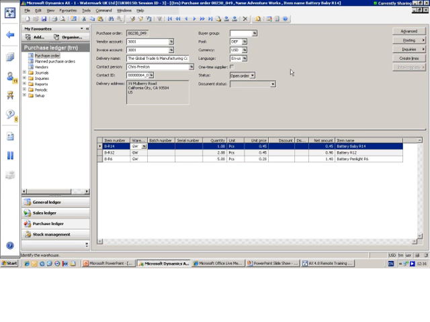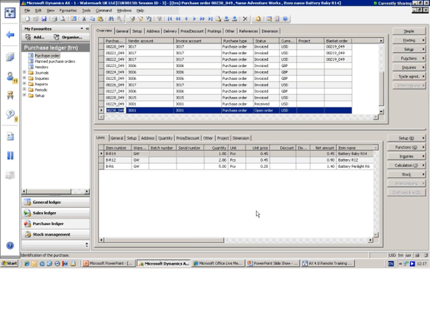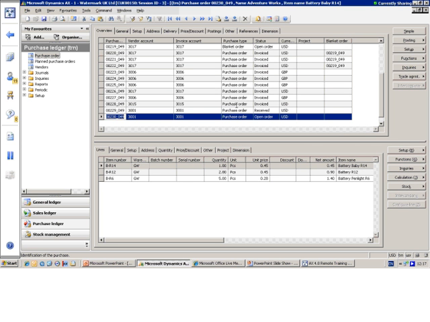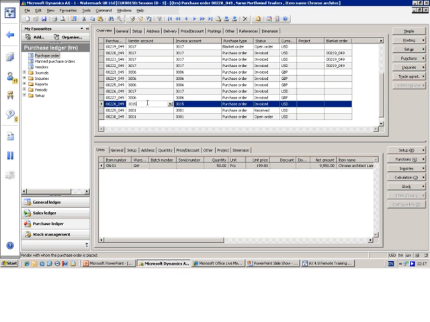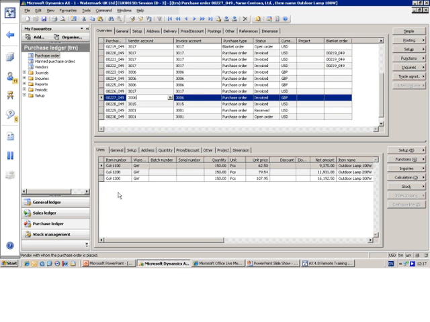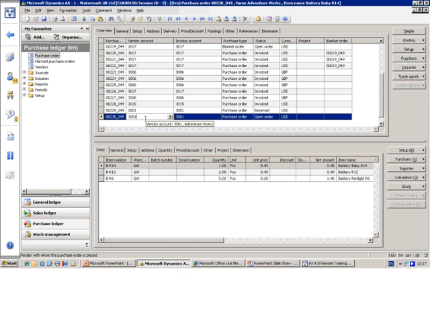So if I switch back to my Dynamics, you see we created our purchase order, and now we are in the simple view. If I click the button advanced view, we change to the advanced view, and you can see how many purchase orders we already have in the system in the top window. So I can switch between purchase orders, and when I'm switching between them, you can see the list of items every purchase order contains. So I will go back to my original, my new purchase order,